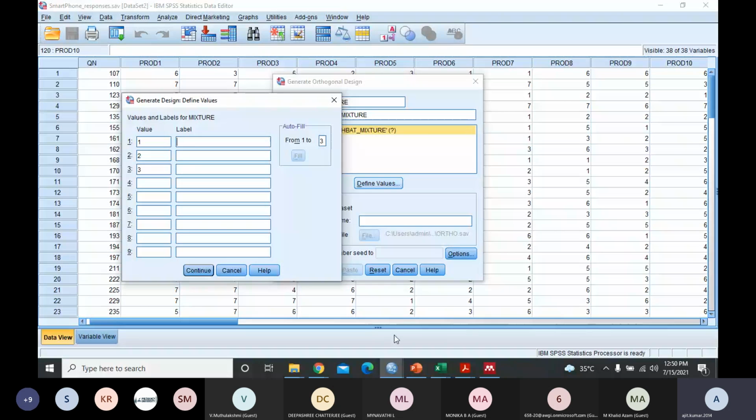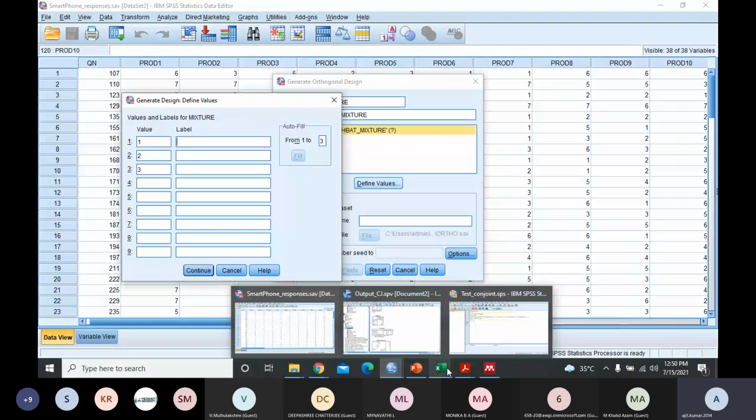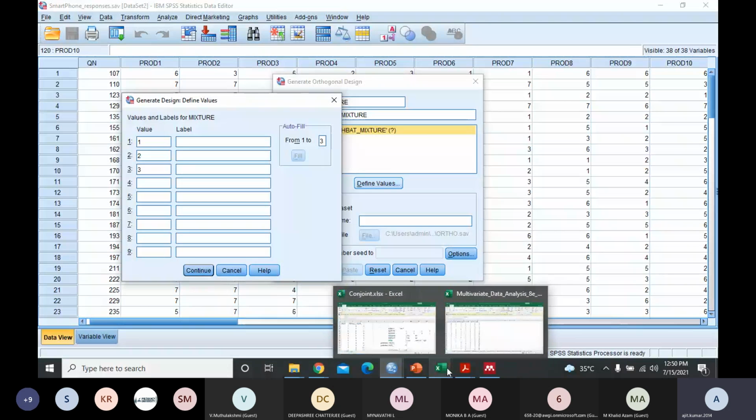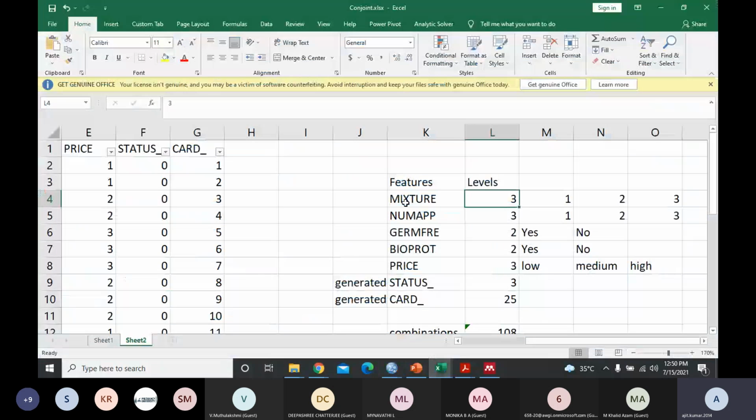Now let's say the first factor is going to have 3 levels, but we don't understand what the meaning of this 1, 2, 3 is, whether there is any comparison or not. So let's consider this is nominal data. Let's say mixture 1, 2, 3, which cannot be compared. So there is no ordinal direction, there is no scale direction.